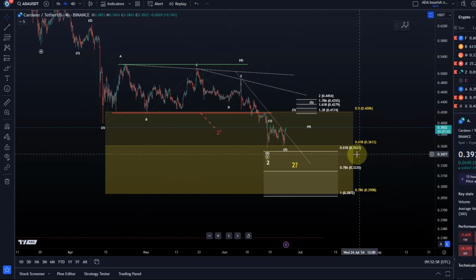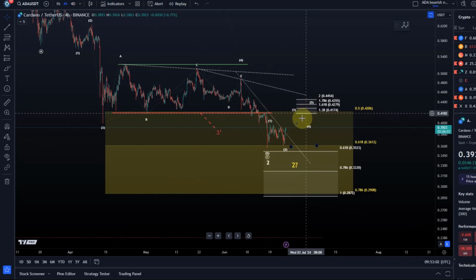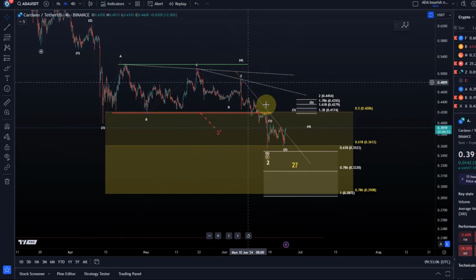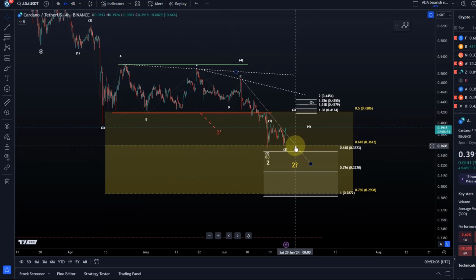But we need to see a little bit more action to the upside. We need some kind of a signal to say that we've really bottomed. I mean, I already gave you a signal, right? Something to watch for, which was the descending trend line. I highlighted to you that a break above the descending trend line would be the earliest signal that we could have struck a low. That is far from reliable,